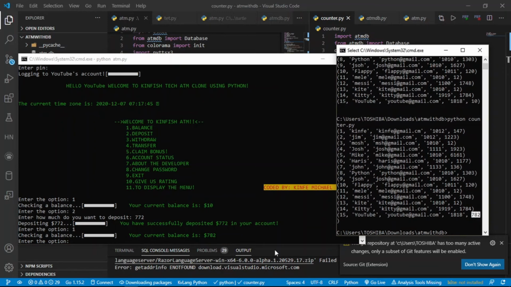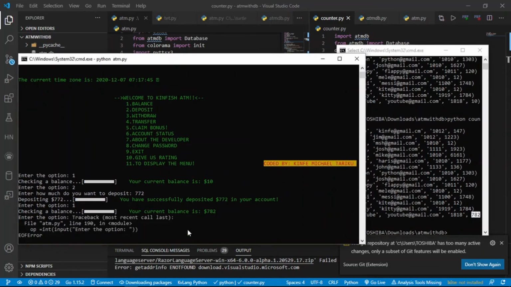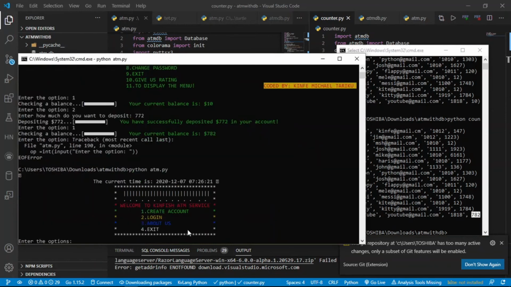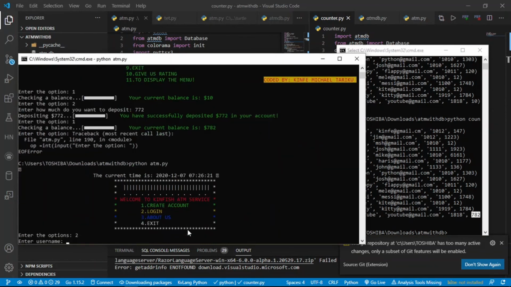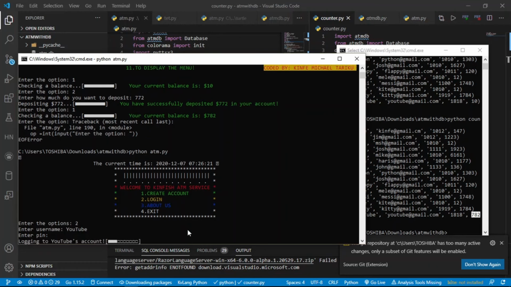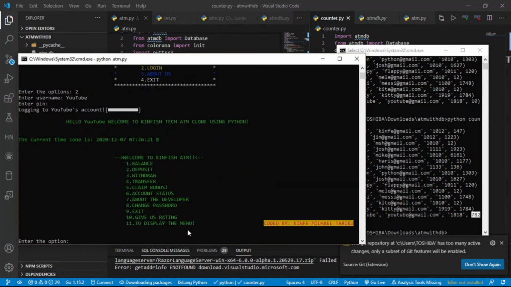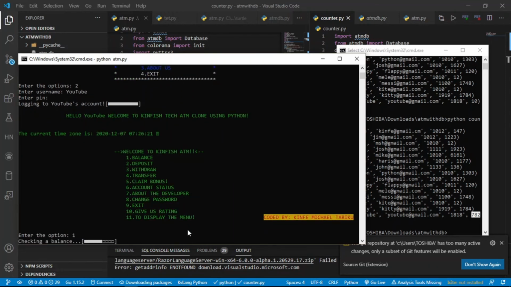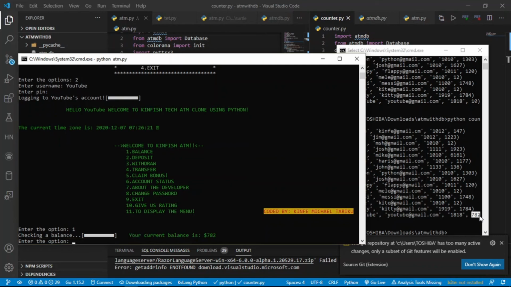If I exit and come back again and select two, which is going to be YouTube, I'm doing this to show it in real time. YouTube, then 18, yes. You log into your YouTube's account, and when we select the balance option, your current balance is $782. So this is the way. To connect this with hardware, what can be used? Arduino or